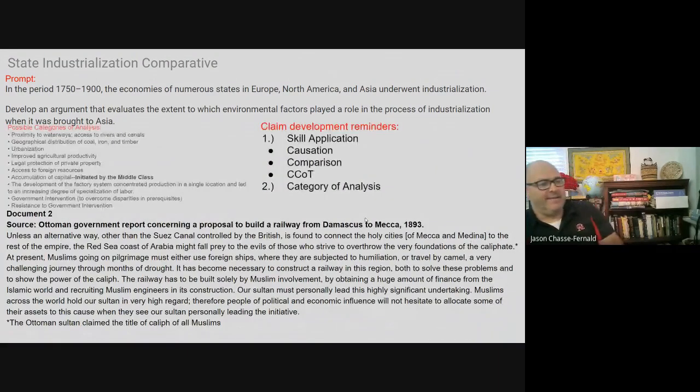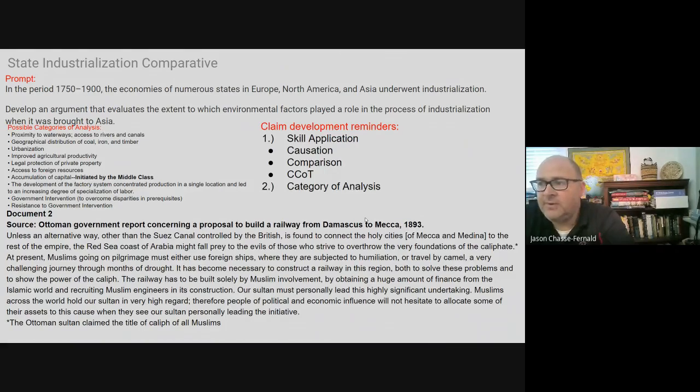So this is an Ottoman government report concerning the proposal to build a railway from Damascus to Mecca in 1893. And when I look at this in class, I'll give them a very quick bit of contextualization about this, just because it has not been part of the homework yet. So to start off,